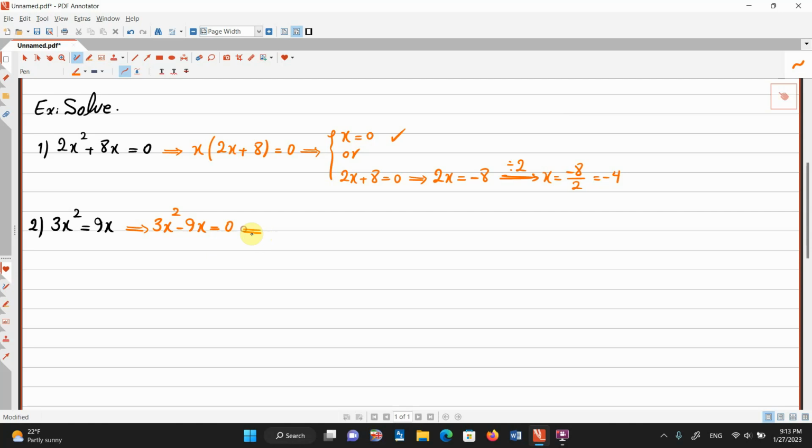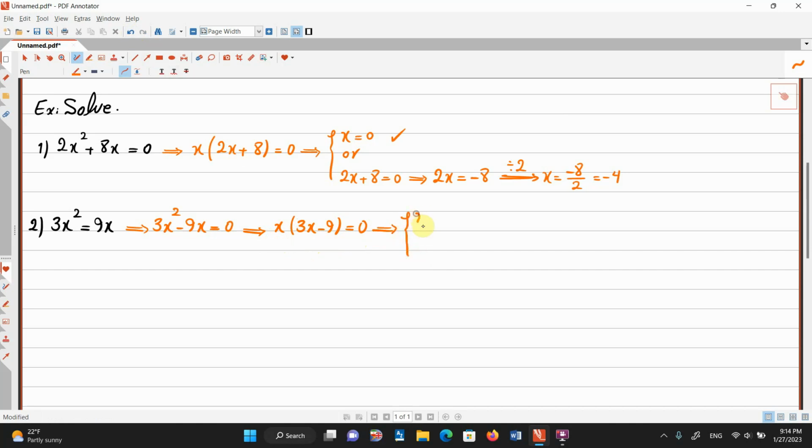Therefore, to solve this one, we can factor out x first. If we factor out x, we will have x times parentheses 3x minus 9 equals 0. And now, as you see, we have two factors. Their multiplication has become 0. Therefore, using the zero product property, we can conclude